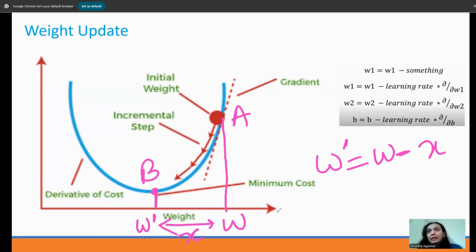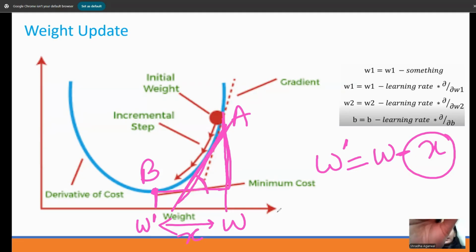Now, this X is what? How do you subtract a number? What is going on inside is that this value here is actually a slope. It is a slope of W1. So right now we have 3 weights in this problem, but you just take it as one weight. So this X is what you have to reduce, this is a slope actually, which you can subtract.